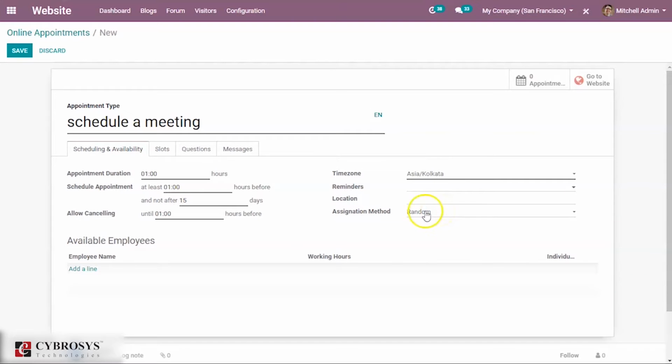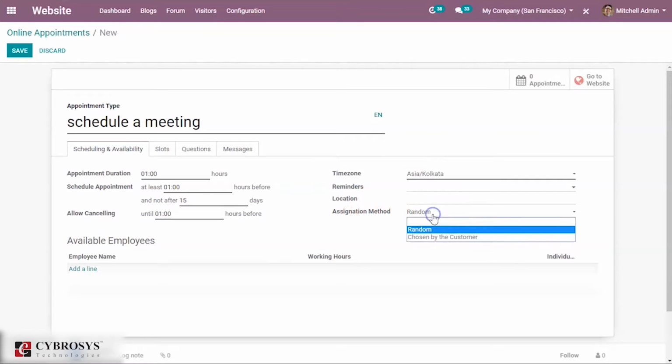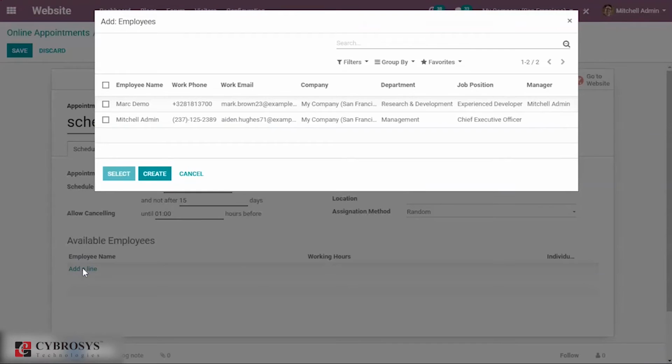And next one is the assignation method, so whether it should be random or whether it should be chosen by the customer. And here you can also have an option to add the employee name.